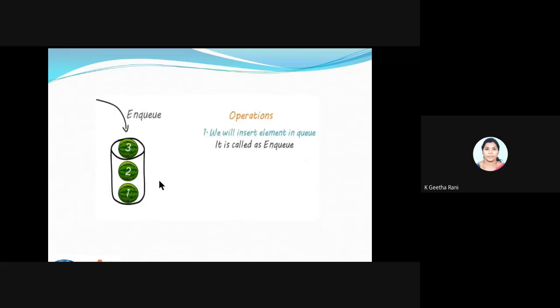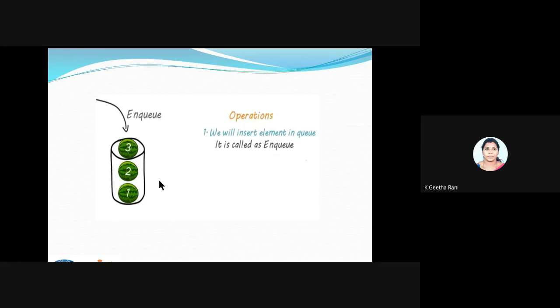Fine. So we will see the operations performed inside this queue. We have some technical words, like enqueue and dequeue. In a stack, we use 2 main terms, push and pop. As well as that, a queue also has specific terms called enqueue and dequeue. Enqueue is when I want to insert an element into a queue.